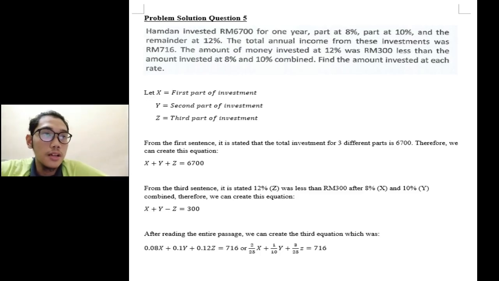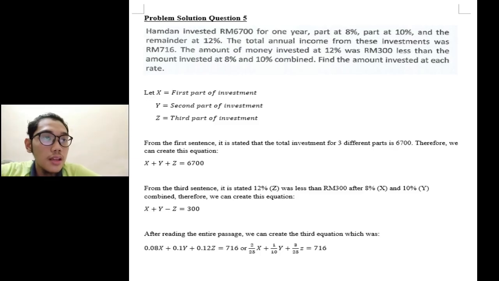So how to solve this question is, firstly we must declare our variables. Let x be the first part of our investment, y the second part of our investment, and z the third part of our investment. From the first sentence of the passage, it is stated that the total investment for 3 different parts is 6,700 ringgit. Therefore, we can create an equation: x plus y plus z equals